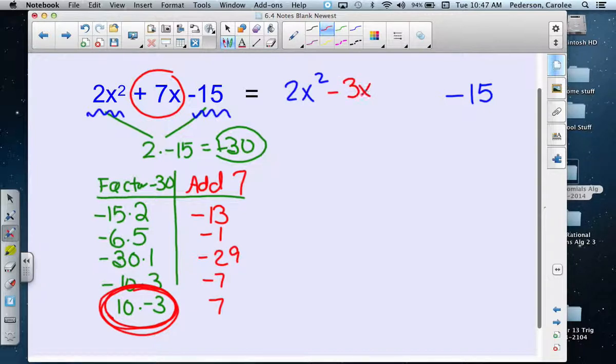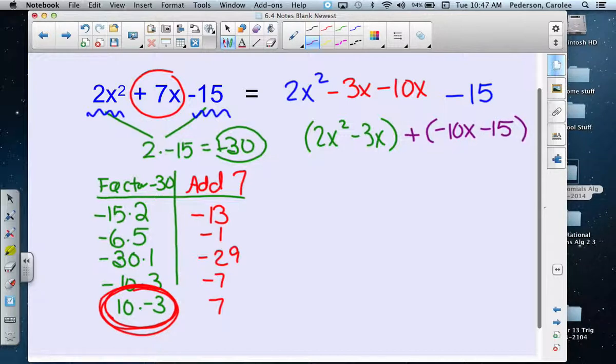Now what we've done is we've changed this from 3 terms to 4 terms so we can do the grouping method. So I'm going to group the first 2 terms together, and I'm going to group the next 2 terms together,